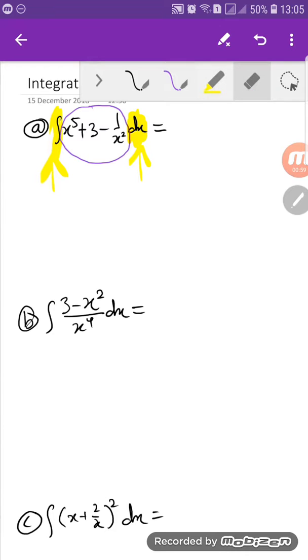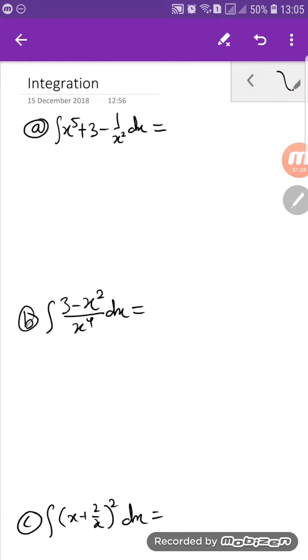Okay, as I say it out aloud, it's somehow making sense because we are reading it from left to right, right? So in this case, we can integrate them one by one, term by term, because they are separated already. So for x to the power of 5, we add the power, and then we divide by the new power. Next, 3 is a constant. When we integrate a constant in terms of x, we just add x with the power 1. So like this, 3x. And then 1 over x squared is actually